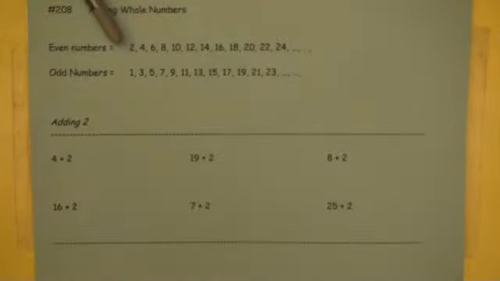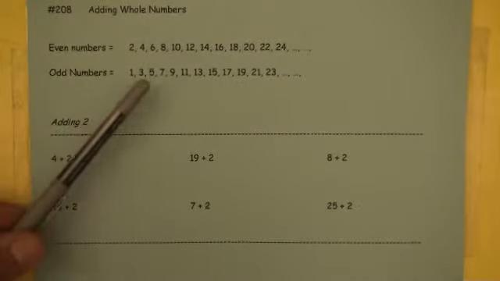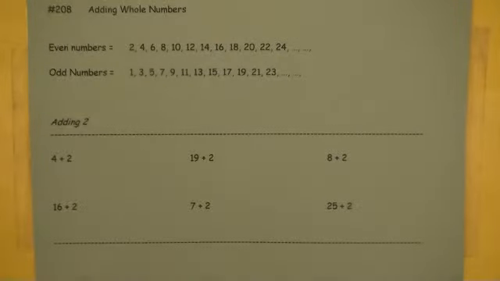If you add 2 each time, in other words, if you just skip a number, so 2, 3, 4, 5, 6, 7, 8, 9, 10, that's how you'll get your even number. Same thing with your odd. It'll be 1, 2, 3, 4, 5, 6, 7. So that's how you get the odds. You do every other number, which means they're separated by 2,